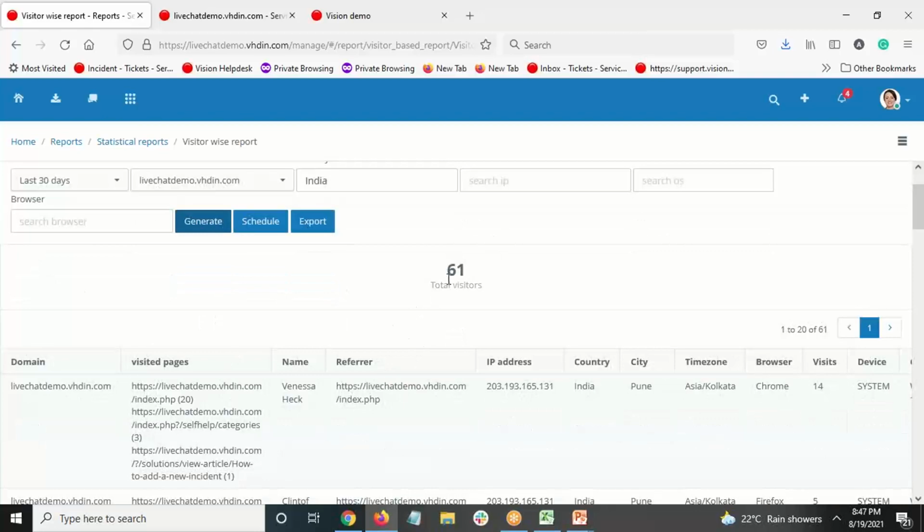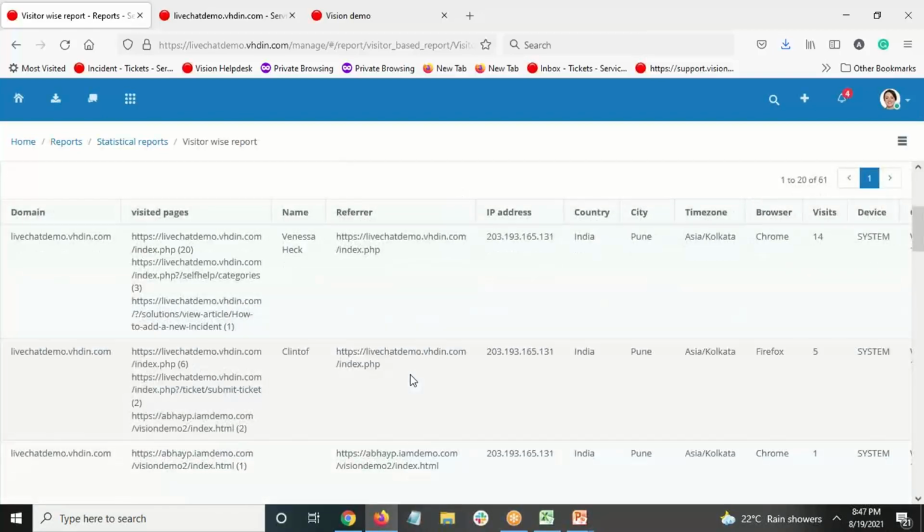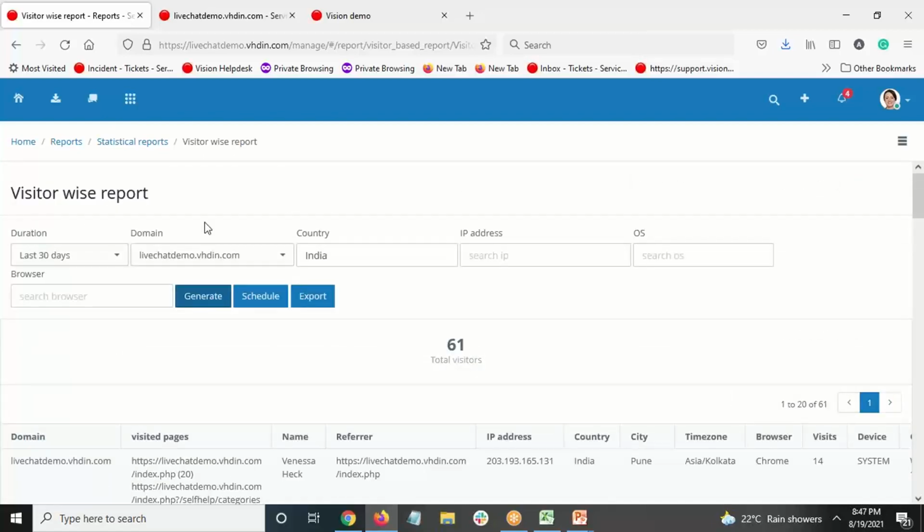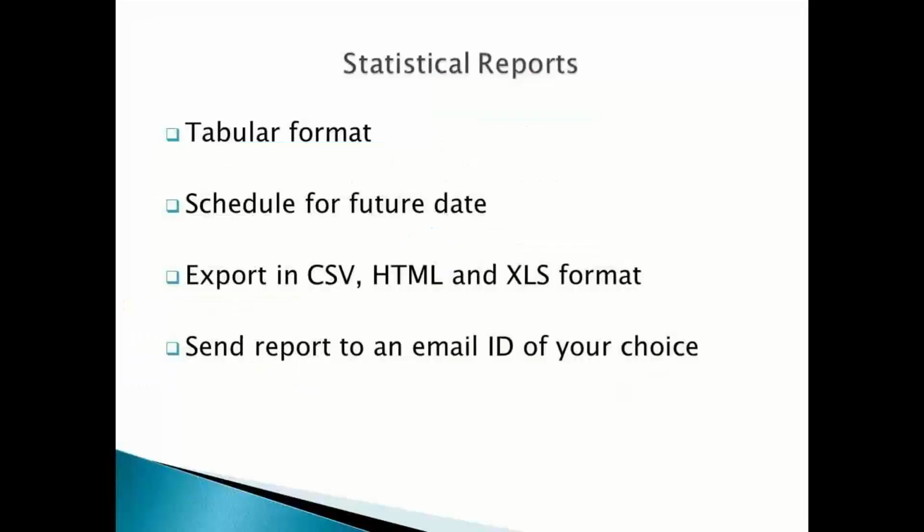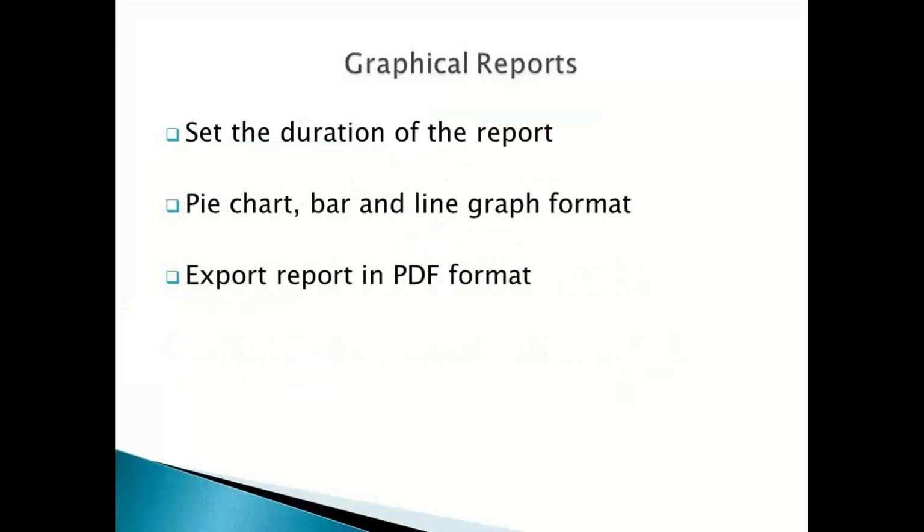You'll get the total number of visitors and the details such as the domain, referrer, IP address, how many visits did they make, and so on. This is all about the statistical reports.